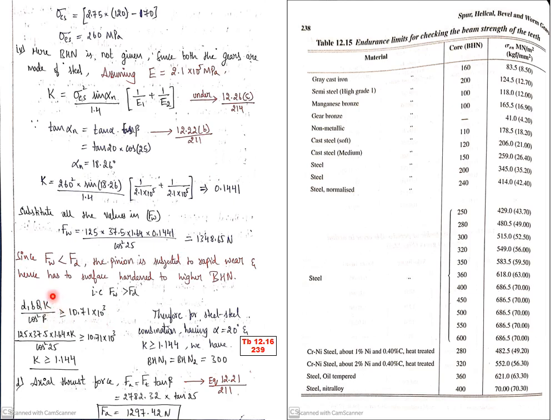We need to calculate the value of K, and that K you need to check from the table. Okay, and that table is 12.16. So there you need to check the value. If you check the 12.16 table, that is page number 239, for 20°, K is in the last column, alpha equals 20 and K is 1.144.